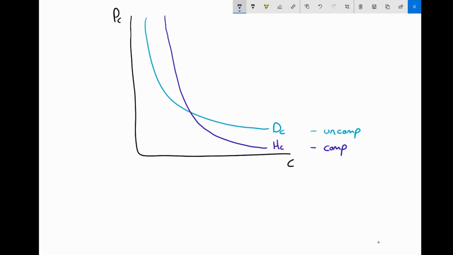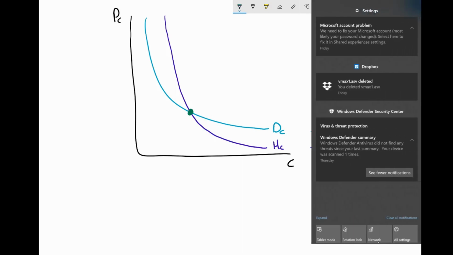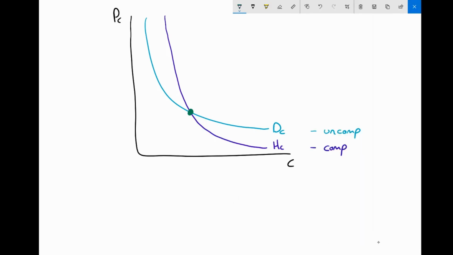They will intersect at a single point. So these are two different demand functions. They exhibit the same characteristics. They're both downward sloping. That means there's an inverse relationship between price and quantity. The higher the price, the lower the quantity. They exhibit similar characteristics. However,